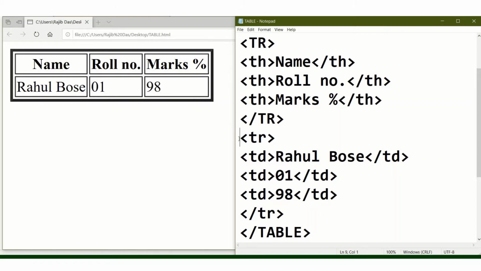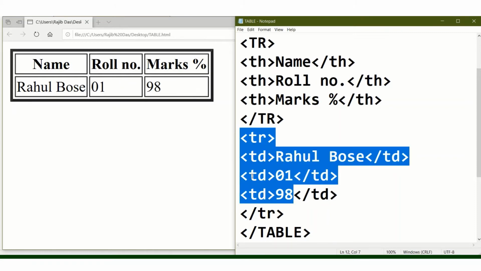Second row TR, this first row TD, second row first column. This horizontal line is the second row, and within this horizontal line the first cell means first column. In second row first column, we have to insert the name according to the heading. I have inserted Rahul Bose.